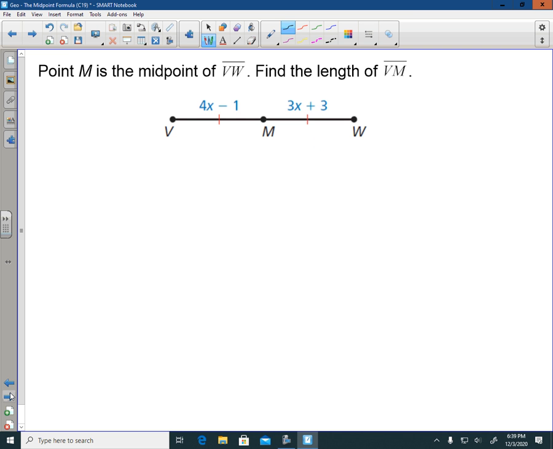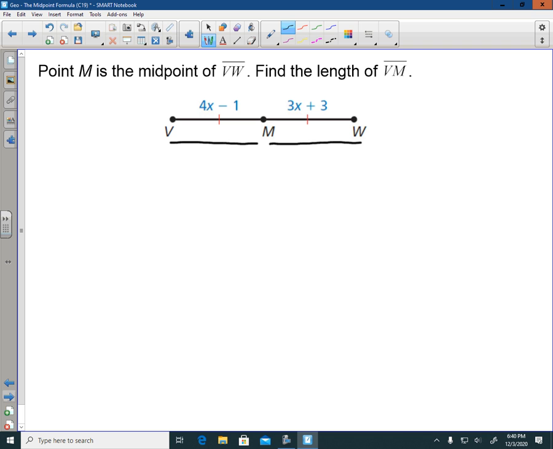Now things can get a little bit tricky. And sometimes you're not given a number for the distance between things, and so you'll have to solve using algebra. This is where we start to bring algebra into our geometry. So we'll get to that in just a second. But let's first of all identify that point M is the midpoint of segment VW. We're being told that M cuts that segment exactly in half. And so whatever the distance is between V and M, it has to be equal to the distance between M